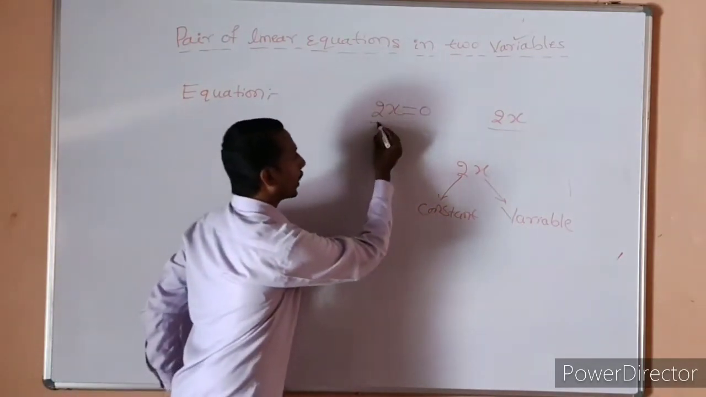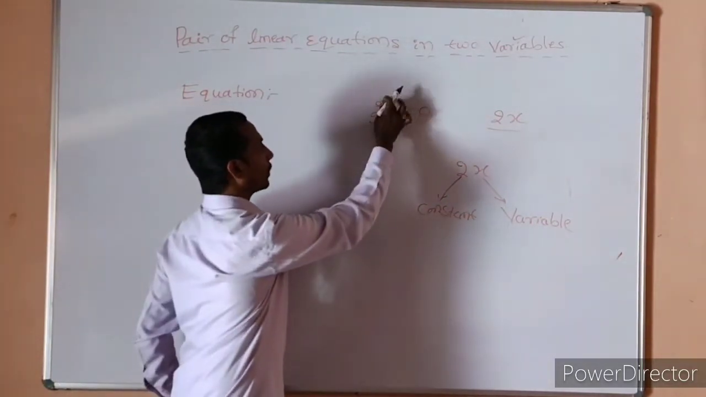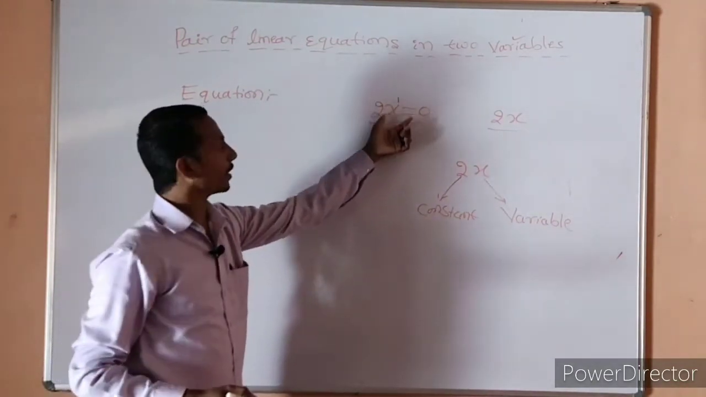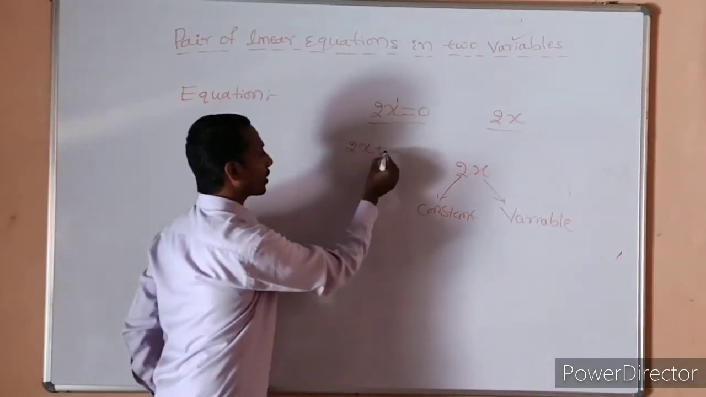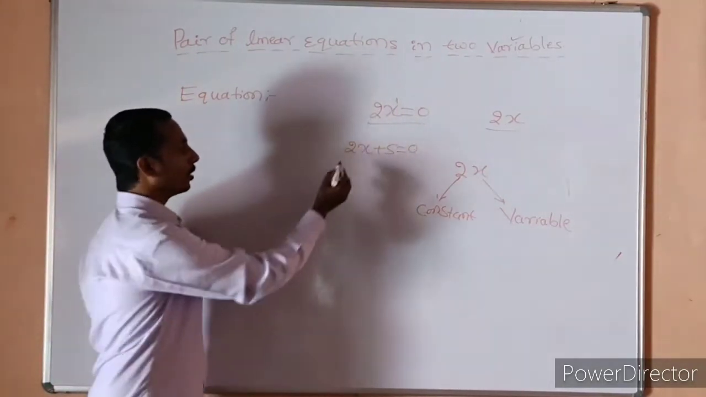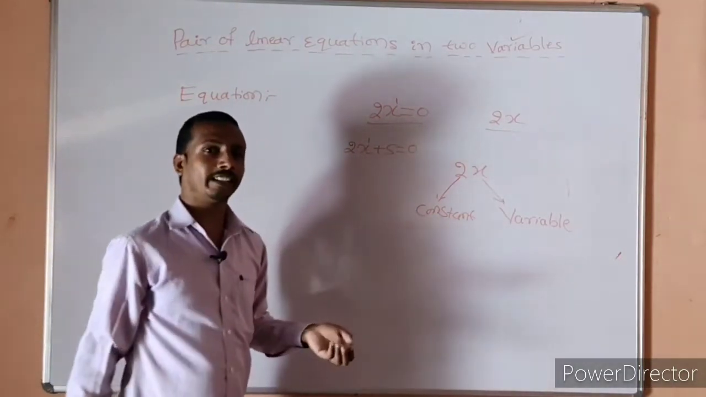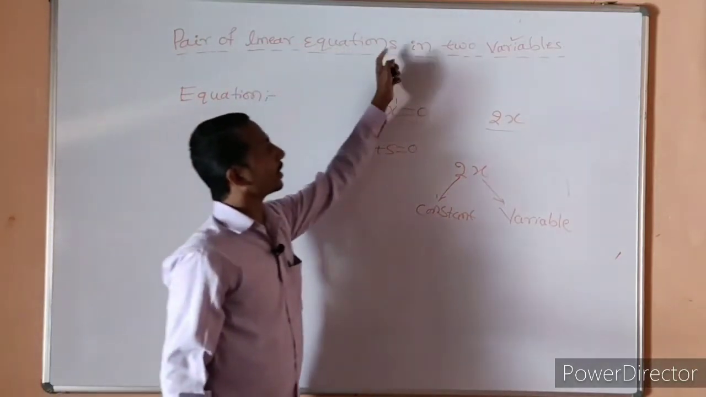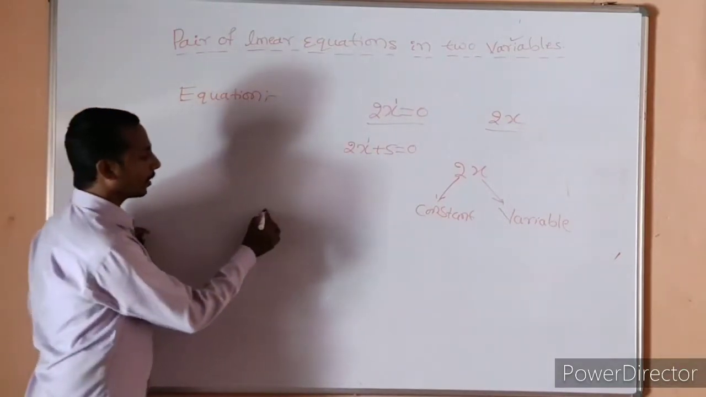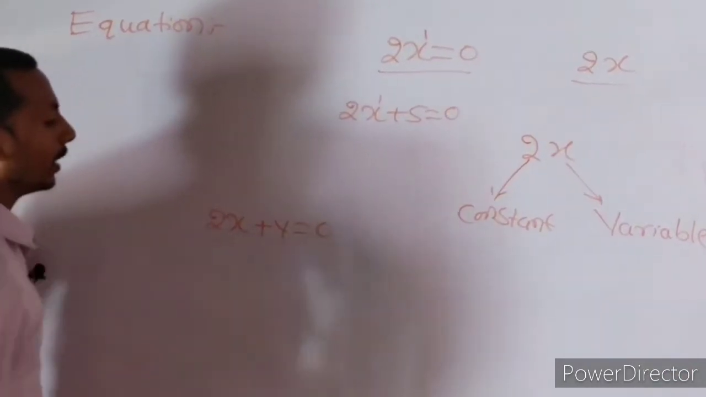For example, here 2x = 0 is a linear equation because the highest degree of the variable is 1. If it is 2x + 5 = 0, it is also a linear equation because the highest degree of the variable is 1. Then linear equation in two variables. If the linear equation has two variables, then it is called a linear equation